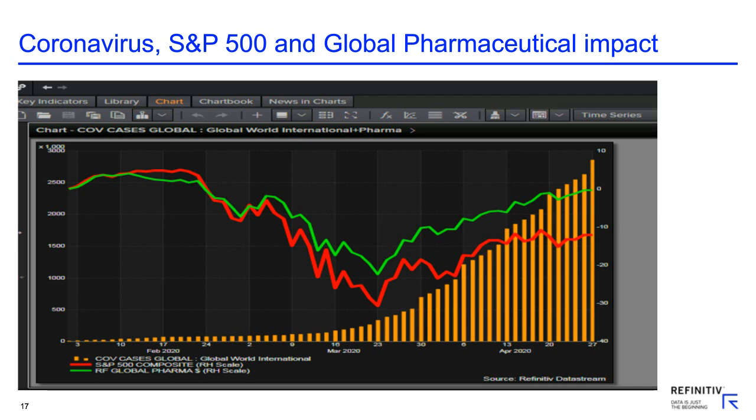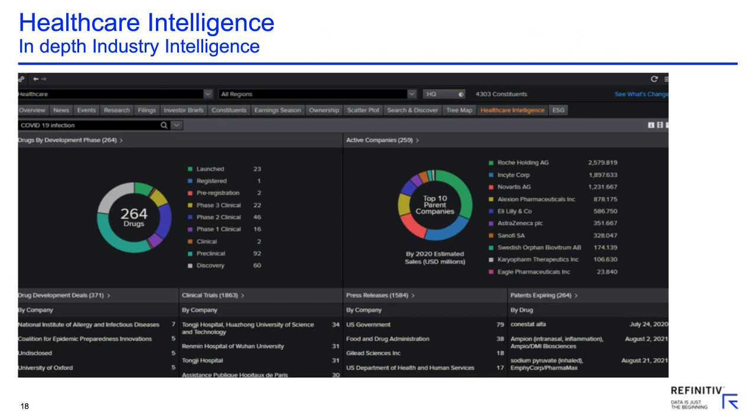That's why we offer a unique database called Healthcare Intelligence, where we can go in great depth and find out, not only for coronavirus case, but for any disease you can put it. So I put COVID-19 infection. So we can find the drugs now that are either launched or are in pre-registration or in clinical phases or in preclinical phases, where all the applied R&D now is being done by the companies. And we can see also who are the parent companies that produce these drugs. So here, if you go here, you can see some well-known names like Roche, like Eli Lilly, like AstraZeneca,